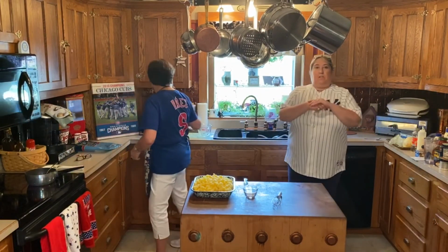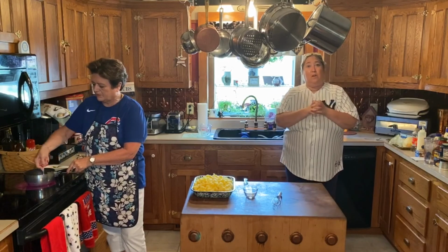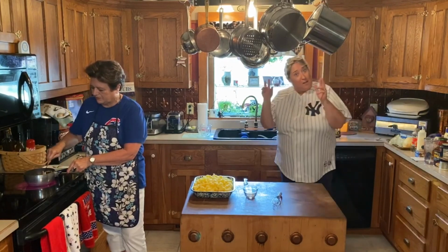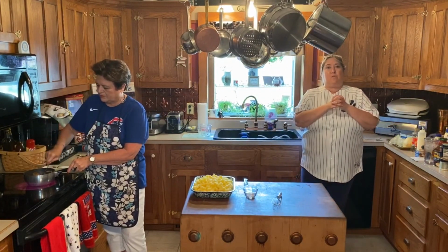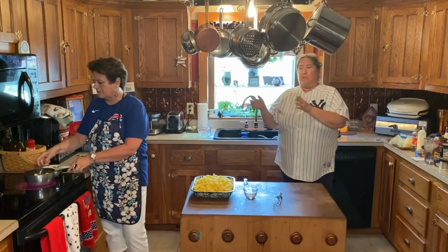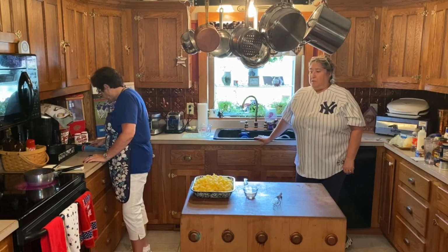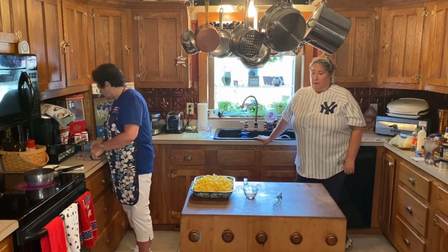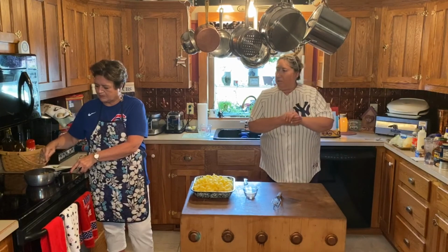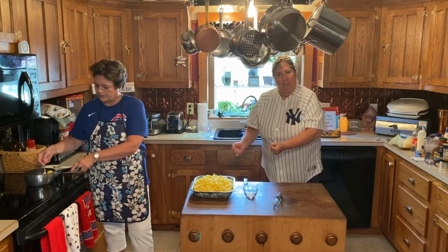But while she's doing that, I'm going to tell you a little bit about Ty Cobb. He spent 22 seasons with the Detroit Tigers. He was an outfielder, which is part of the reason we're naming this corn after him. The other reason, obviously, is his last name of Cobb. But he played the last 5 or 6 seasons or so, he didn't actually play. He was like manager and did some other things. But he did, I believe, finish his career with the Athletics. But yeah, 22 seasons with the Detroit Tigers, and I think there are awards even named after Ty Cobb. So, excellent ball player. We pay tribute to Ty Cobb today by our simple gesture of naming this the Cobb